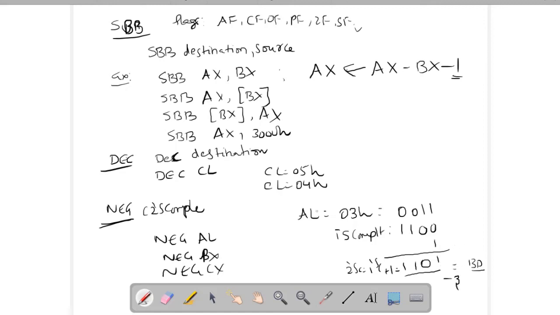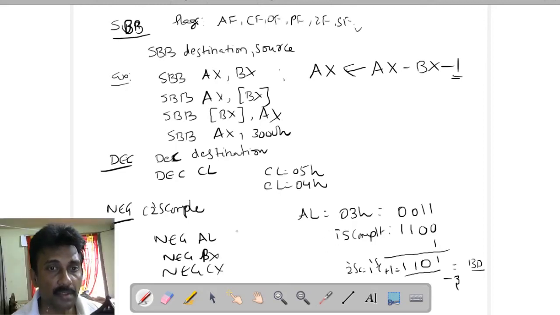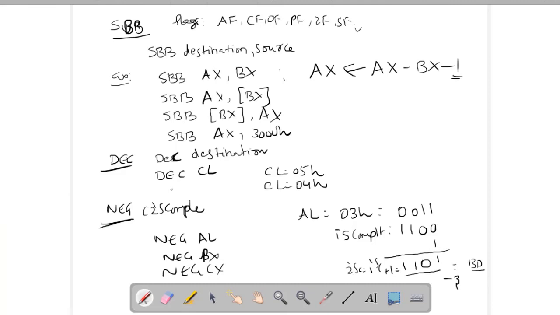So like that, you can represent negative numbers in 2's complement form with the help of the negate instruction. Computers take numbers only in 2's complement form, so indirectly it does that duty. There is another alternative: convert the number into the 1's complement and add 1 in the program itself. By complementing the value, it is first complemented automatically. After that, you can add 1 to the LSB, and then we have the 2's complement. But it is a lengthy process. Simply you can use the negate instruction.